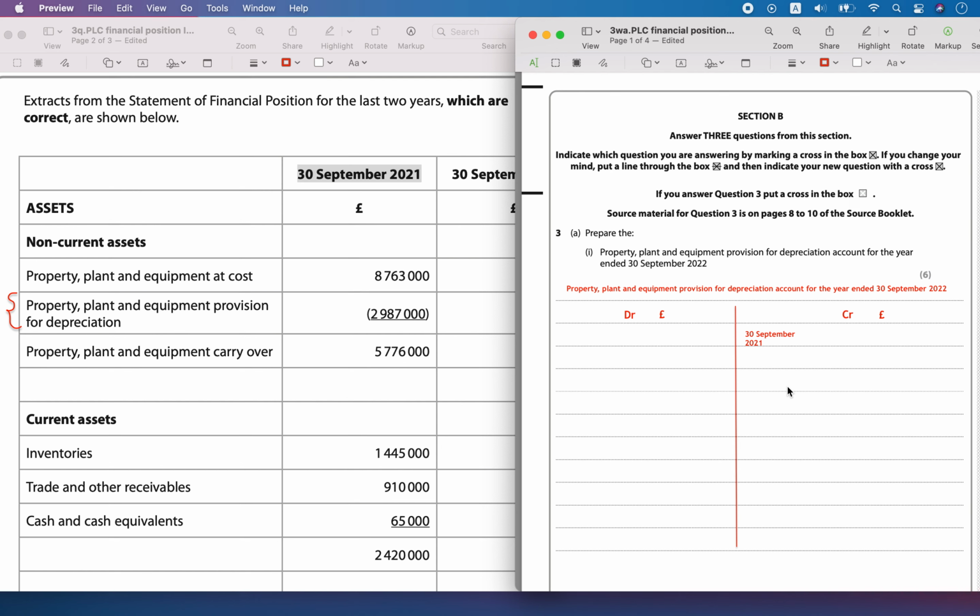So on 1st October, the balance brought down was